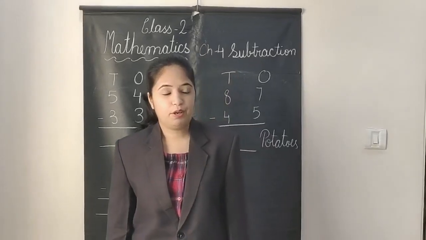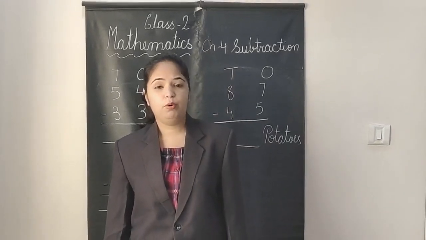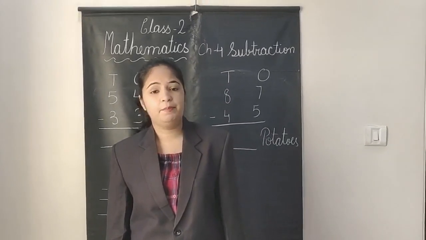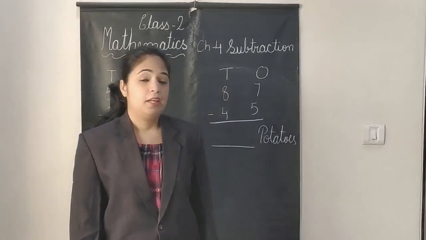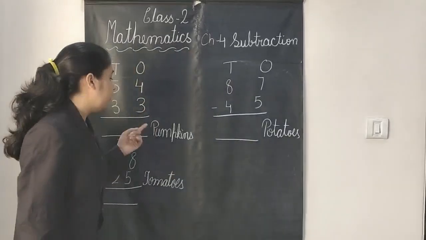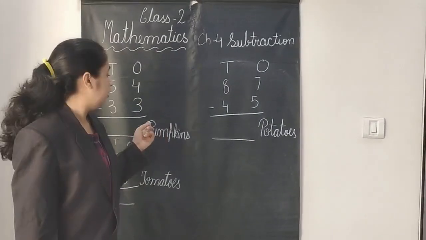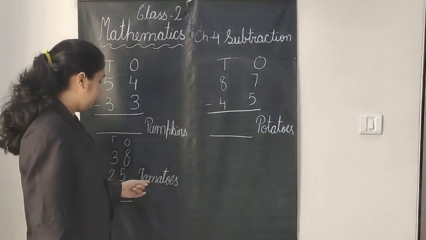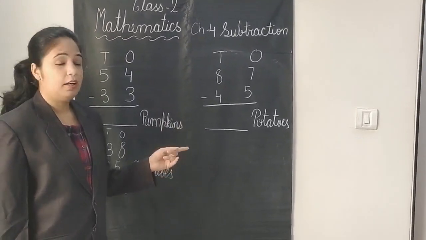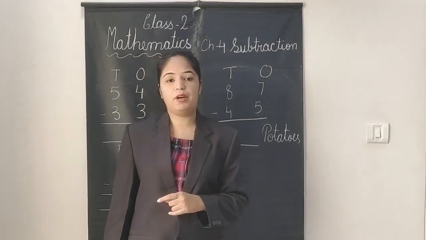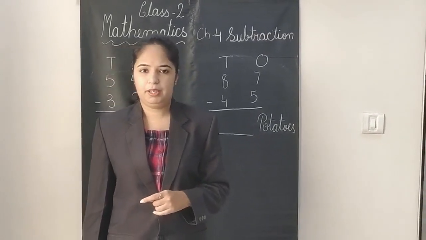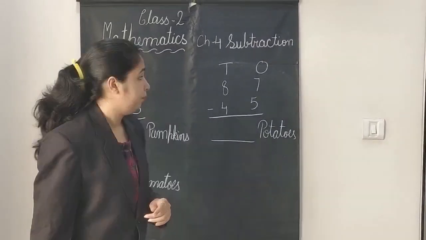After reading the story of Madan, a farmer who goes to sell vegetables, we have seen what the sums are. Now we will solve on the board. He is going to sell pumpkins, potatoes and tomatoes in the market. Now what we have to find is how many vegetables are left with the farmer Madan. So come, let's find.